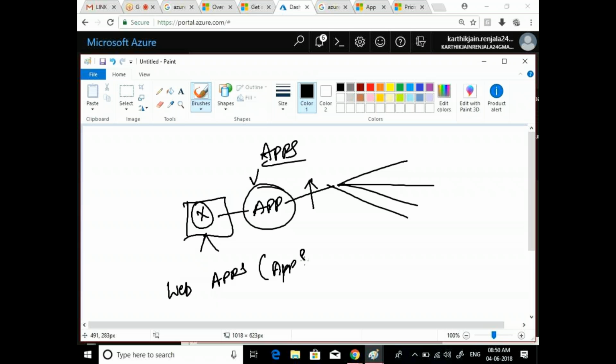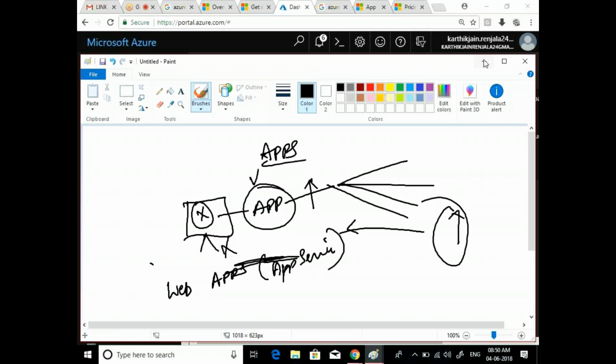By using Azure app services without downtime, no need to take down the server, you can directly upload the code or you can directly do some changes to your code, but your app will be up and online even during that time. So that is the benefit. Without downtime, you can upgrade the app or change your code. So I'm just going to create some sample app.